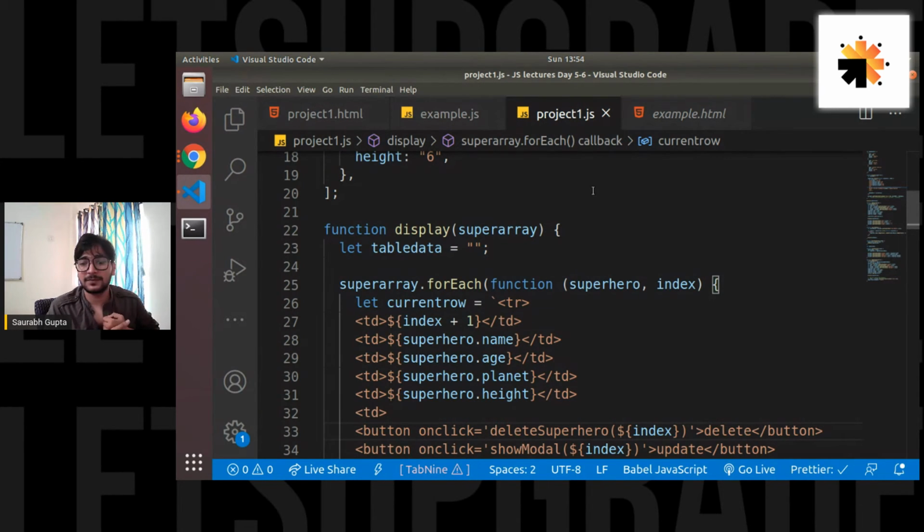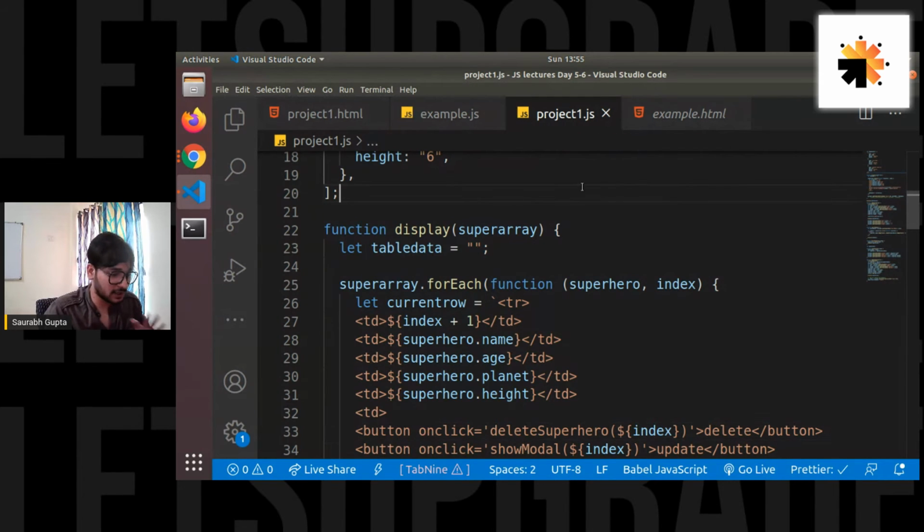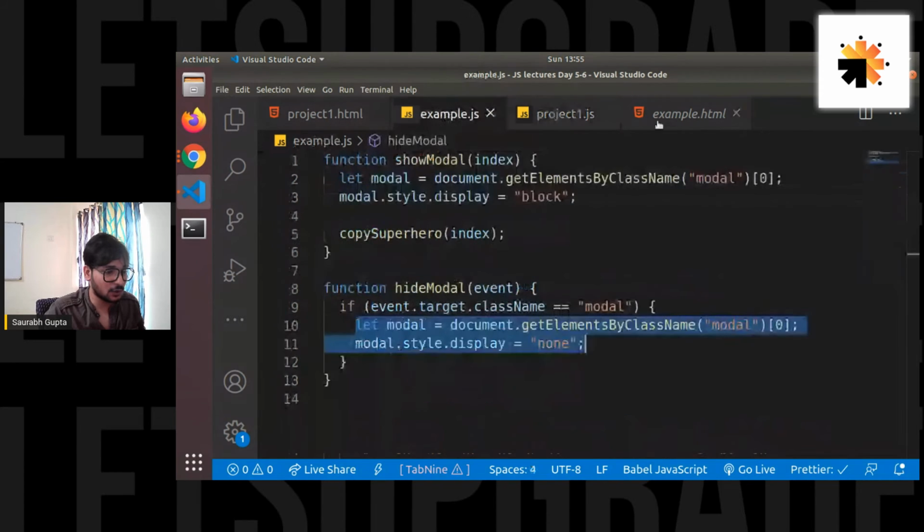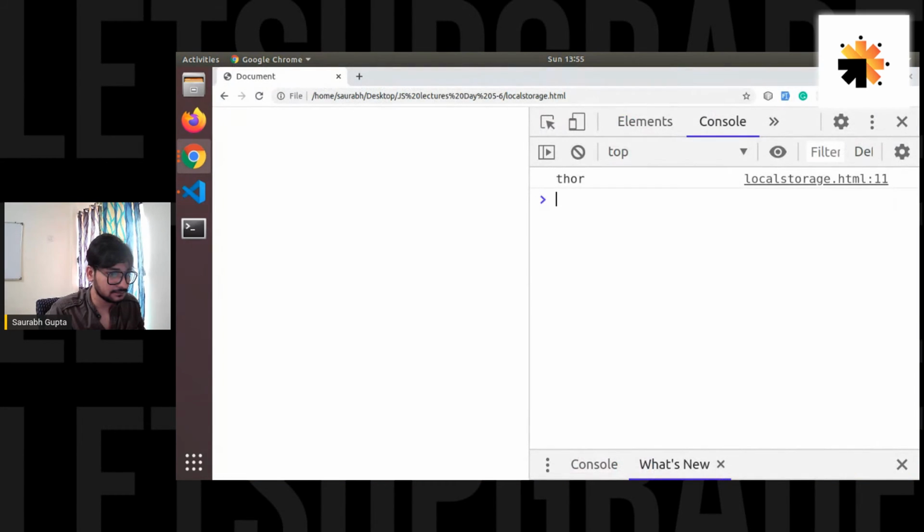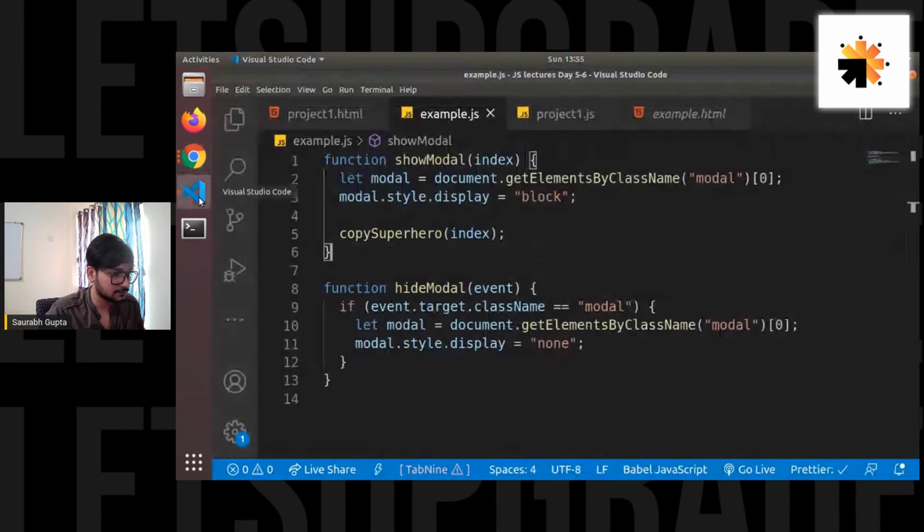Or should I do one thing? I should create a copy of the project, and in that I should make a permanent storage so that you also have this project and that project. I'll do that actually, so that you have both of them, because I'm going to do a lot of changes for permanent storage. I'll just create a copy of this project, right? And for now, what I'll do is,